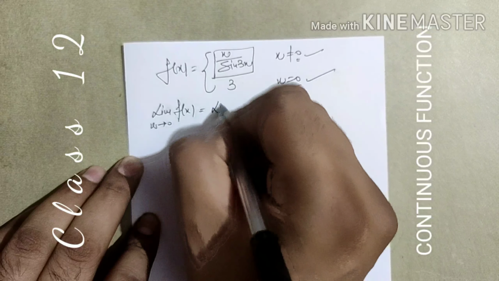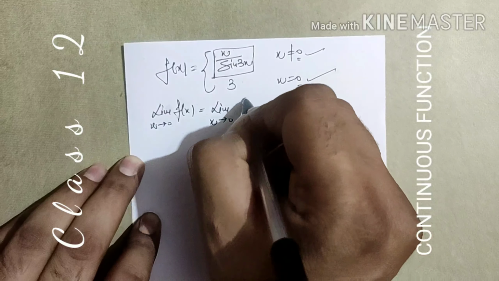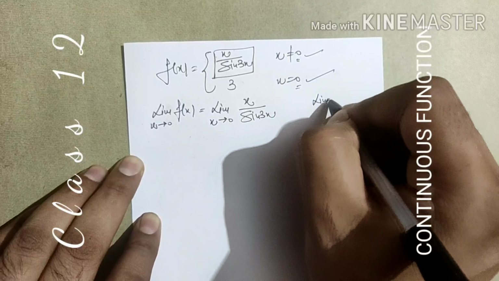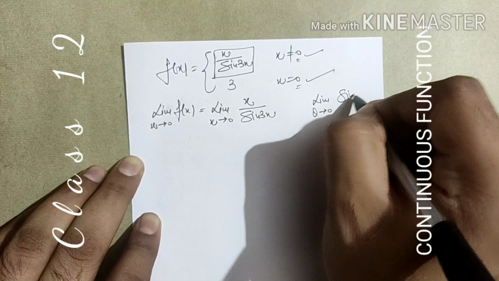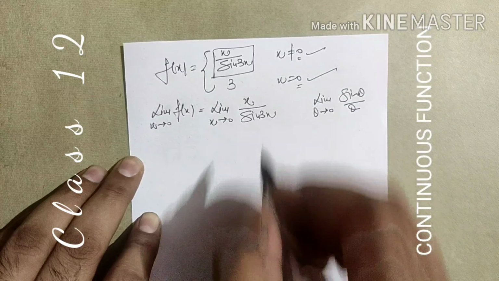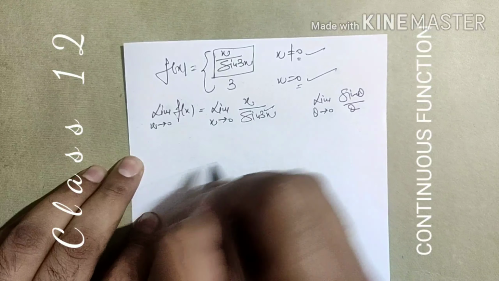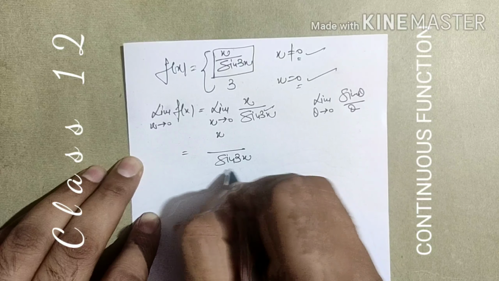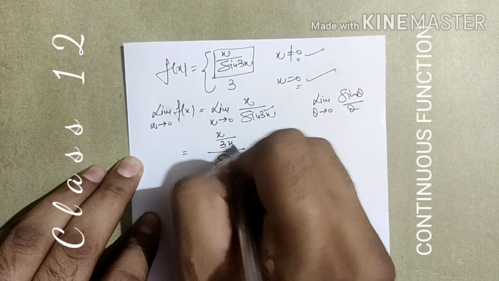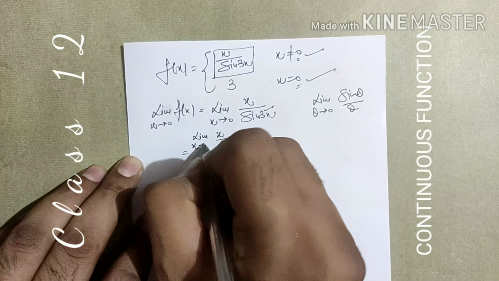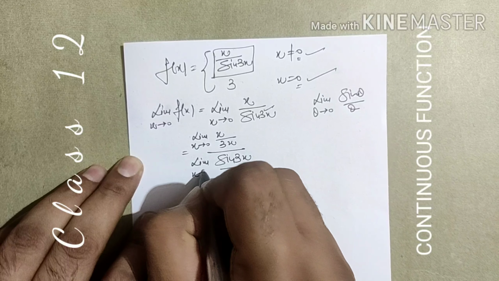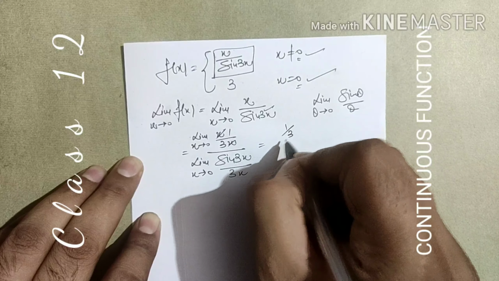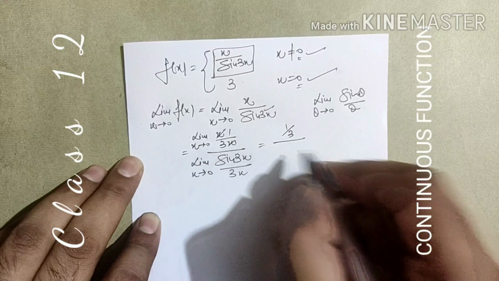Given function, so it becomes limit x tends to 0 of the given function. We have done in the previous class this rule, limit theta tends to 0, sine of theta by theta. If you see here, theta is 3x, so it should be divided by 3x. So divide numerator and denominator by 3x. We get this one. Applying their limits separately. If you see here, x cancels out, the upper part becomes 1 by 3, a constant, so there is no need of limit because there is no variable x.